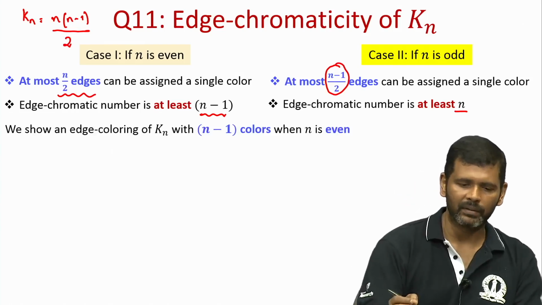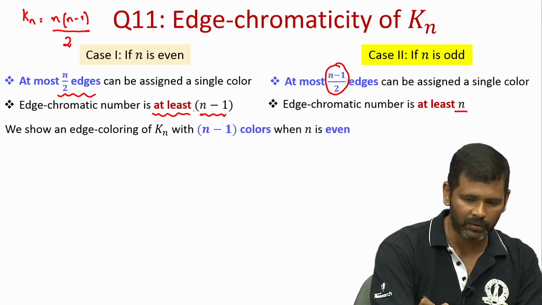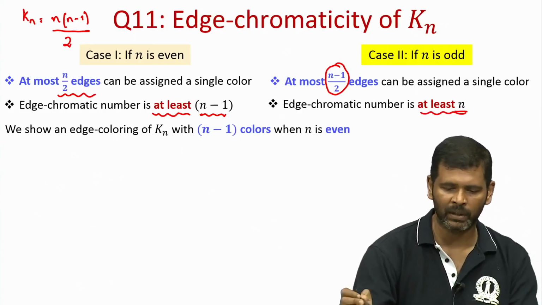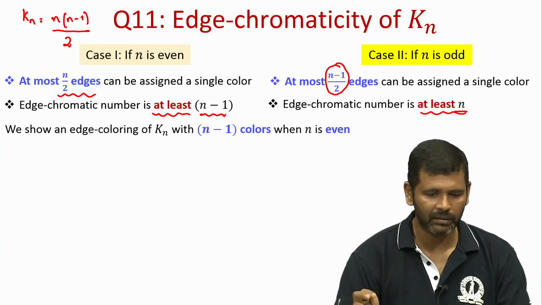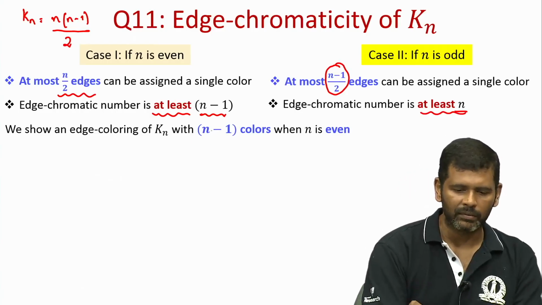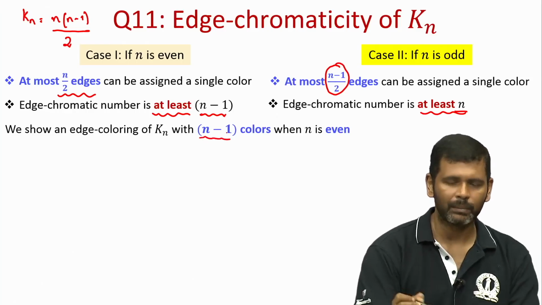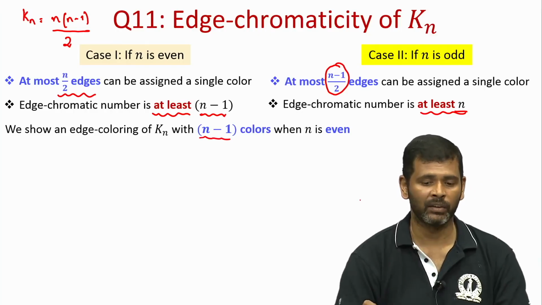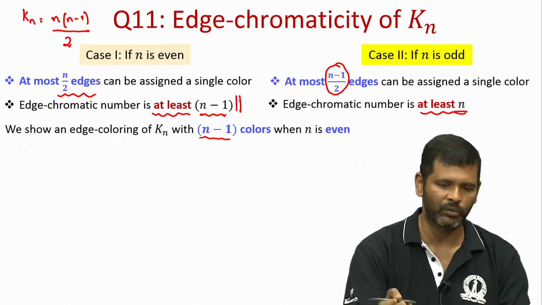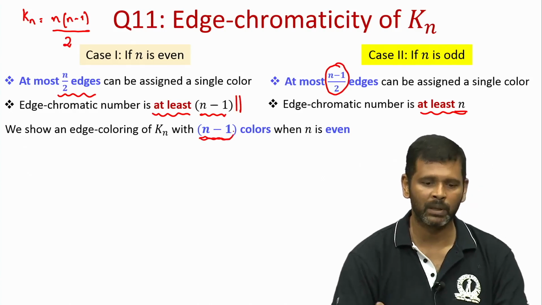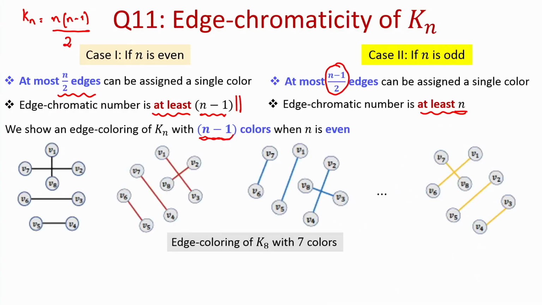Now, what I will show is that these bounds on the edge chromatic numbers, which were the lower bounds, because they were the least number of colors required, are actually tight. In the sense, I will give you a constructive coloring, a concrete coloring for coloring the edges of a complete graph with n nodes where n is even, and where the number of colors required is exactly n minus 1. And you can't beat this bound, because the lower bound says you will need at least n minus 1 colors. So, that is why I am giving you an optimal coloring. Let me demonstrate the coloring assuming the value of n is equal to 8.